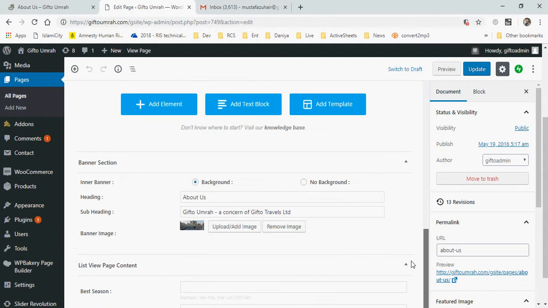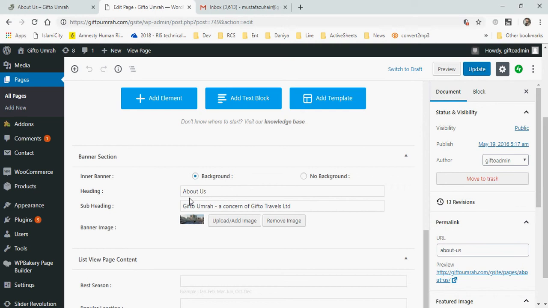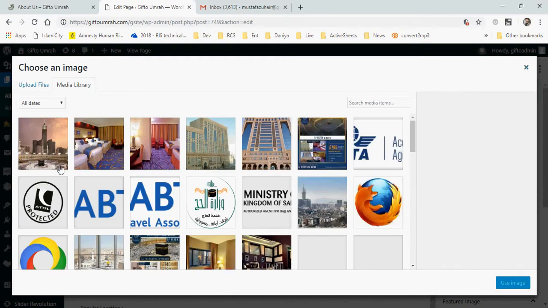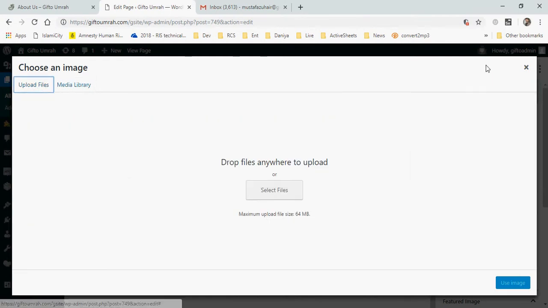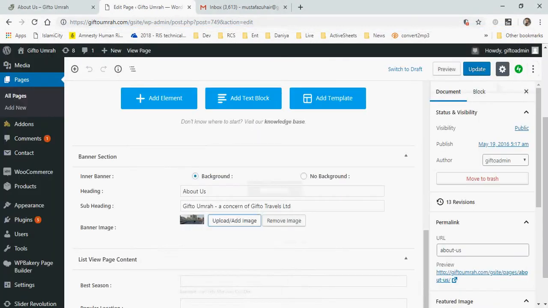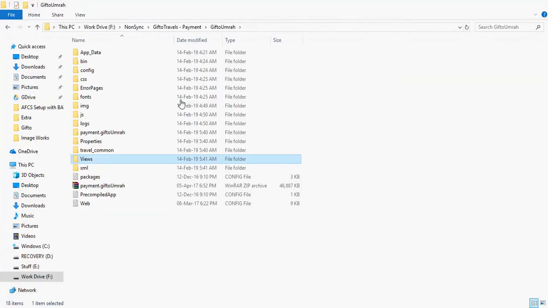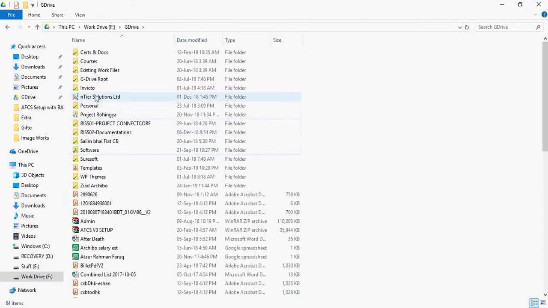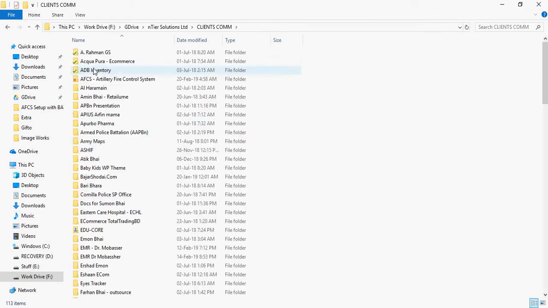Scroll down, and here you can see there is an option for inner background, borders, and you can upload and remove the image from here. Once again, you can choose from the media library, or you can upload from your computer. And that will change the top banner automatically. And just like previously, just a heads up, the dimension of the images for header banners, banner headers,